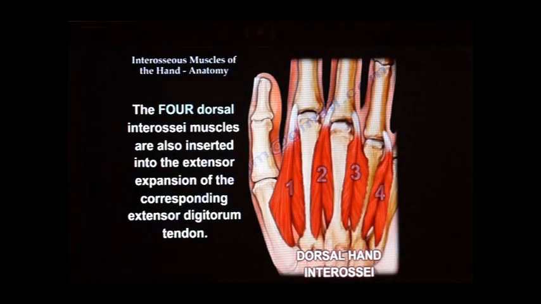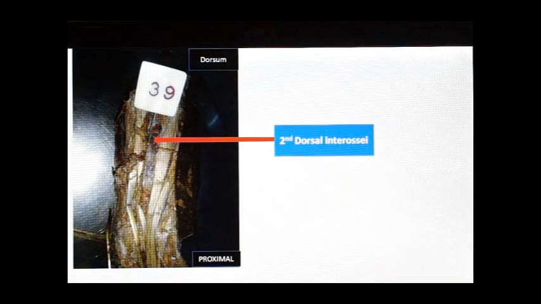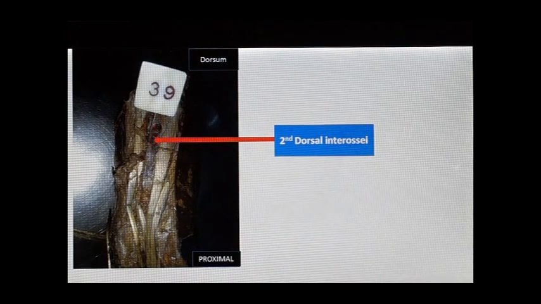And this is a slide of dorsal interossei. There are four dorsal interossei muscles, and dorsal interossei muscles help in abduction of fingers. So you can remember DAB. So this is a picture showing dorsal interossei pinned,